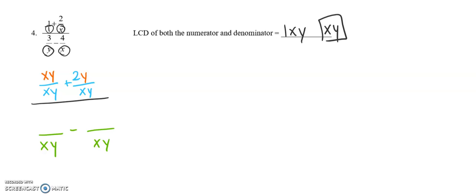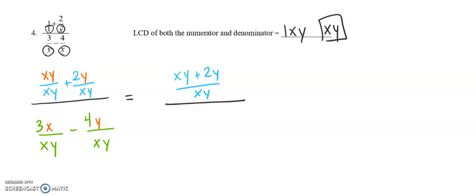Then on the bottom fractions, we already had the 3. What's missing between the denominator? Well, we already have a y, so we're missing an x. And on the second fraction, we already had the 4 there. If we compare the denominators, I had an x already. So what's missing? I'm missing the y. All right, so now this is equal to, in the top we get xy plus 2y over xy